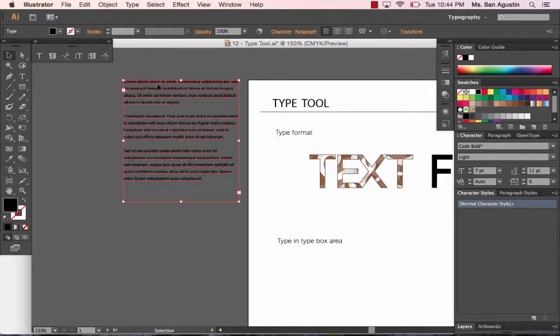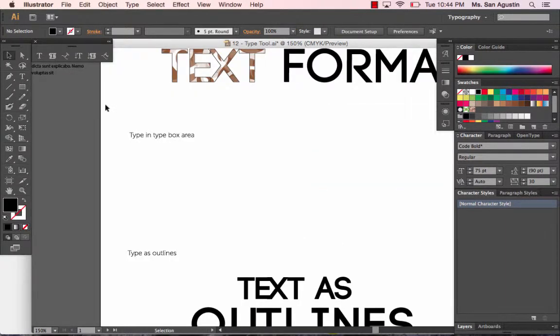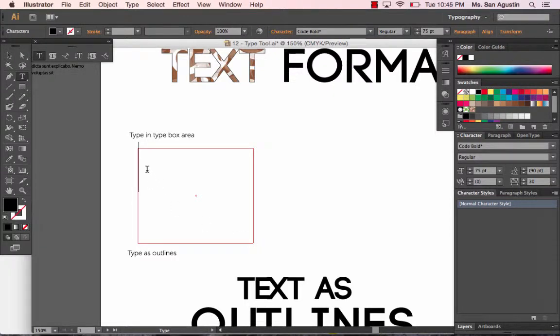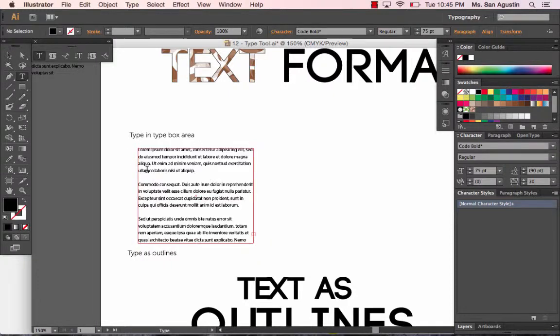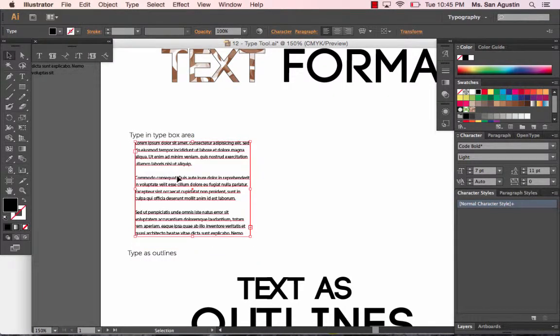So if you just click on that font or text, body of text, and press Command and C, then press T for text to make your box like this, you can actually place the text in here. So you can do Command and V, and then you can place the text that you just copied from earlier. Okay, and then you can click on the selection tool, and you can move those boxes